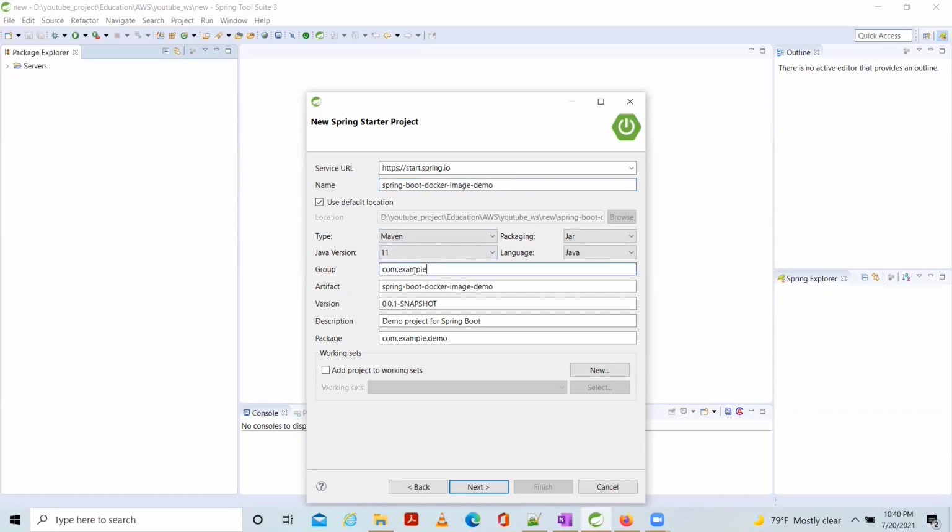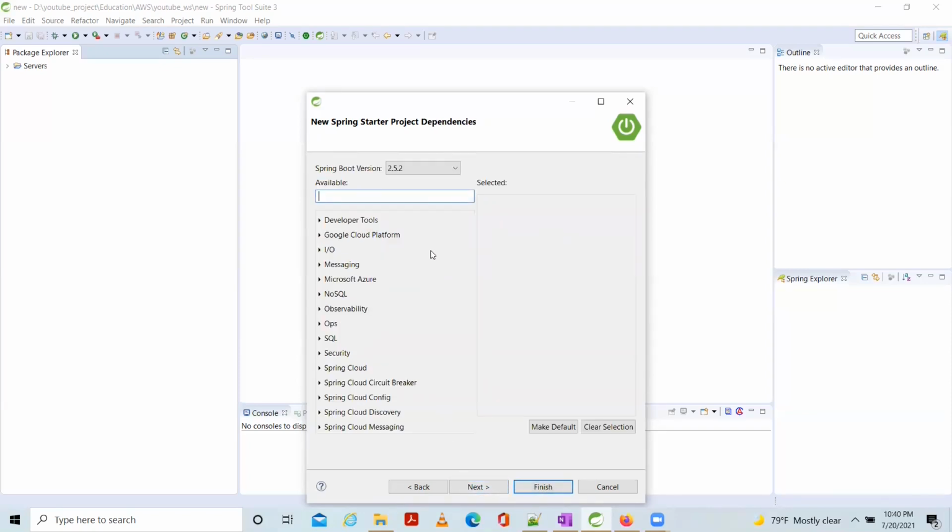Then let's add the group as ts.inc, and the artifact is the same. Let's change the description and packages also. Okay, click next.